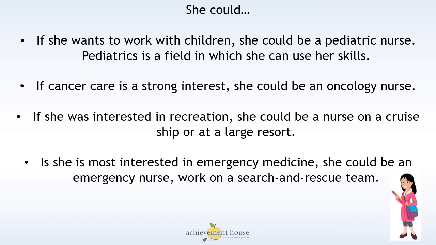So the point that I'm trying to make is it's important to not only think about what your passion is, but to also think about the environment where you want to work and the type of work that you want to do, because there's so many different options that if you plan things out, you can have the type of environment, the type of people that you want to have around you, and the type of job that you want to have. And all those together will lead you to what I hope will be your dream job.